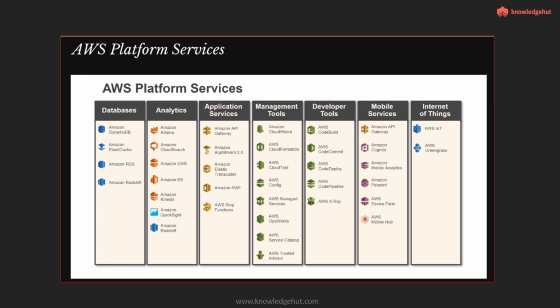You have Redshift, which acts on a petabyte scale. So if you want to do a lot of analytics, then probably use this kind of service, right? From an analytics perspective, since we just talked about analytics, AWS has given you a number of services. Like for instance, the biggest one that I can talk about is EMR, which is Elastic MapReduce, right?